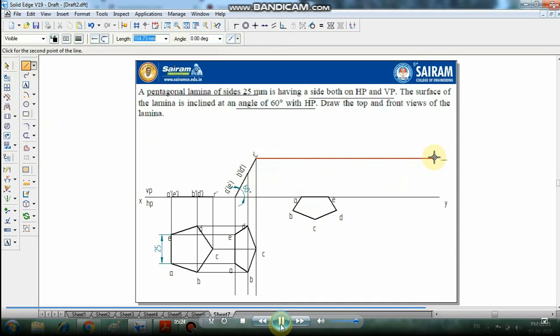Draw the projector lines from B dash, D dash. Now from the top view we can draw where A and A dash meet, and E and E dash meet. Next we will see B to B dash, D to D dash and C to C dash.